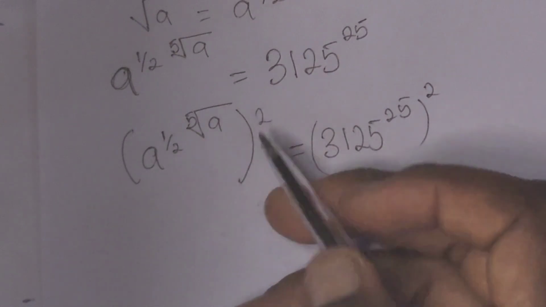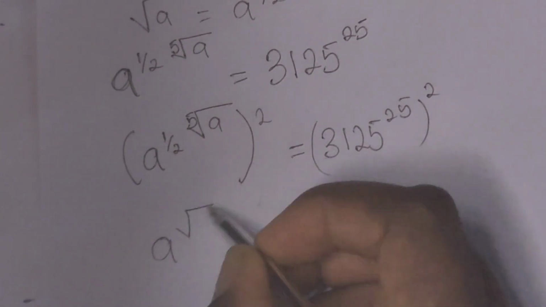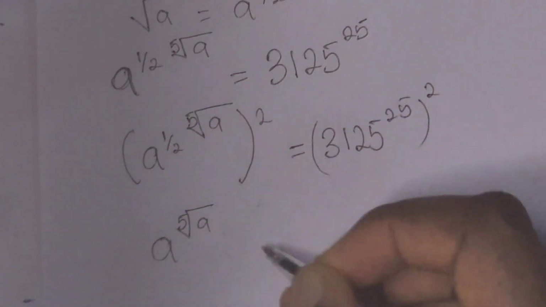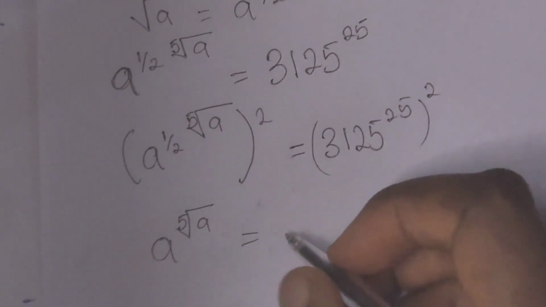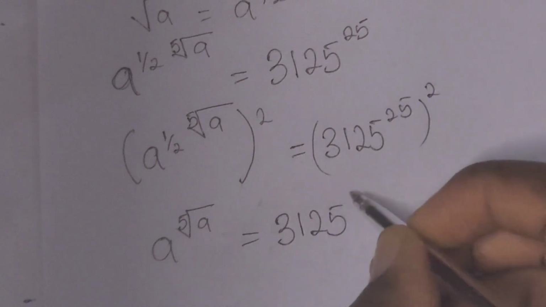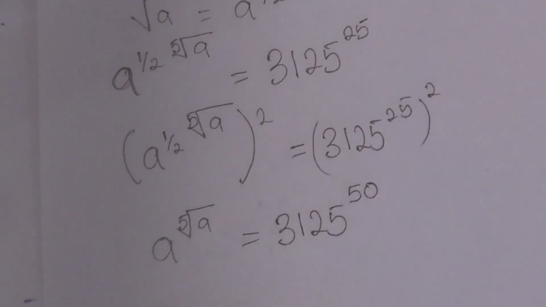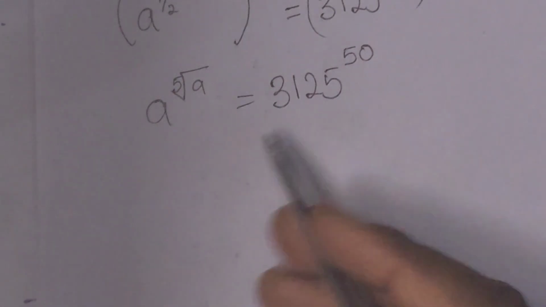So this will cancel this. We have a to the power of the fifth root of a, all equal to 3125, all to the power of 50. So we have 25 times 2. So from here,